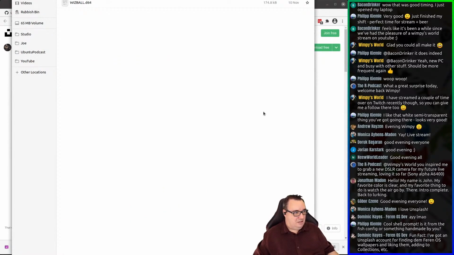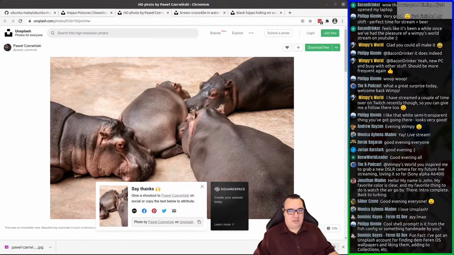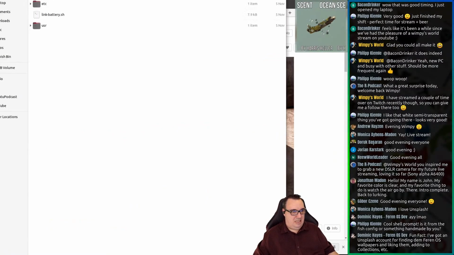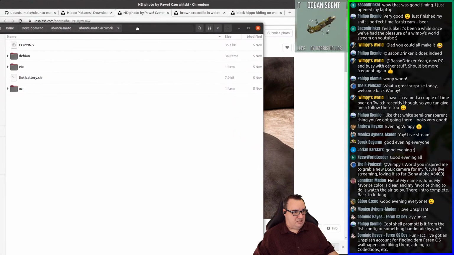And oh gosh, that's opened in an awkward spot. I need to go onto a different virtual workspace. There we go. Right, so let me just copy that, and I'll just paste that in the appropriate spot. One moment. Development and Ubuntu MATE Artwork. So I'll just drag that down here now, so you can see where this is going to get deposited, because this is going to go into